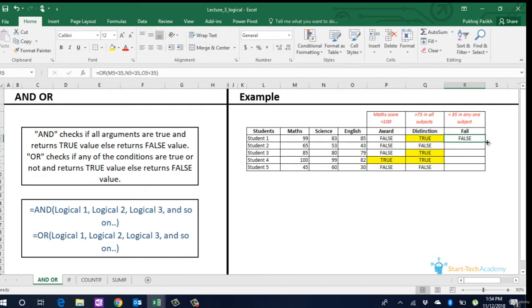We extend it. We can see that only one of the students has failed because that student scored 30 in English, which is less than 35.